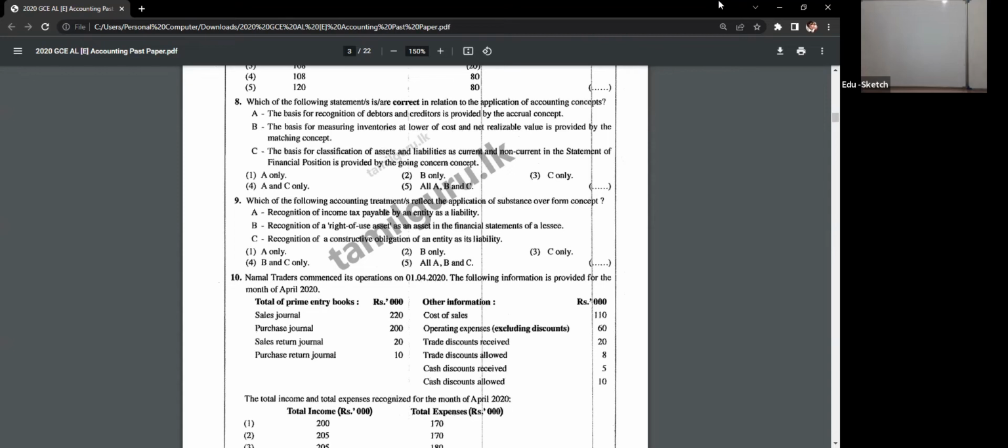For example, income receivable, expense payable, they are also related to accrual concept. When we consider creditors, we owe them, but we have not still paid them. But we consider them in the financial statements according to accrual concept. This accrual concept